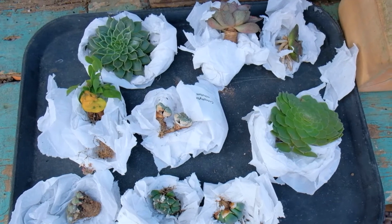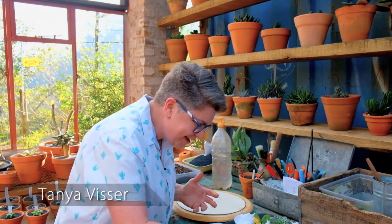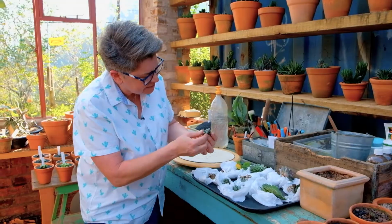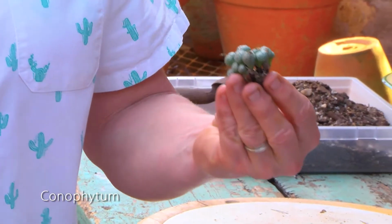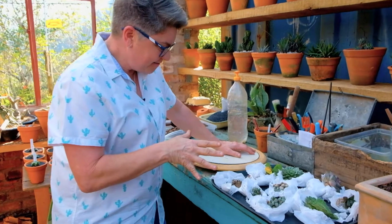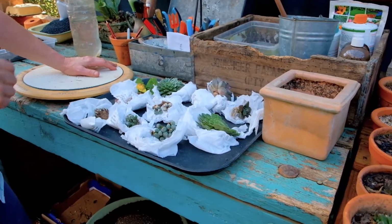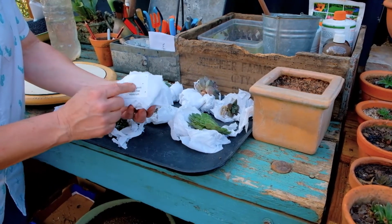Very exciting day today in the succulent house because my mail order package has arrived with all my beautiful Conophytums in them. These are amazing succulents. I have been coveting them for a long while, and I found someone who's prepared to sell them via an online application. They arrive wrapped up in tissue just like this with their name on it, so you know